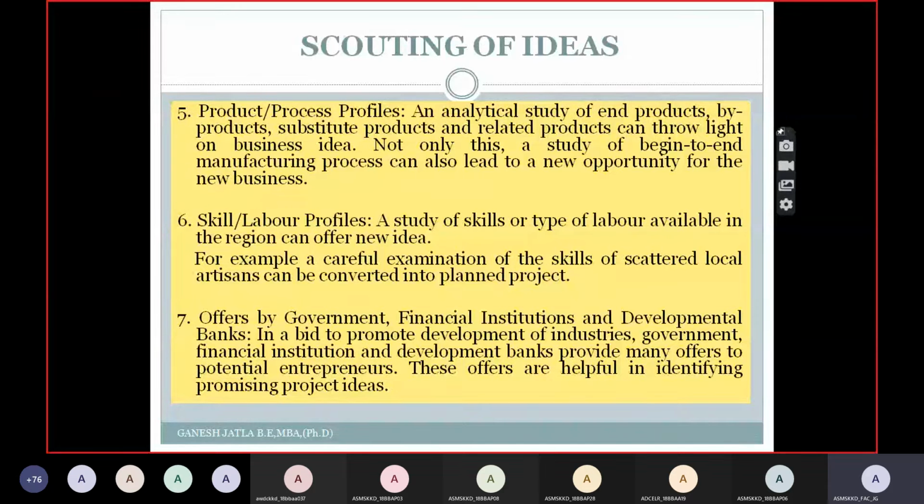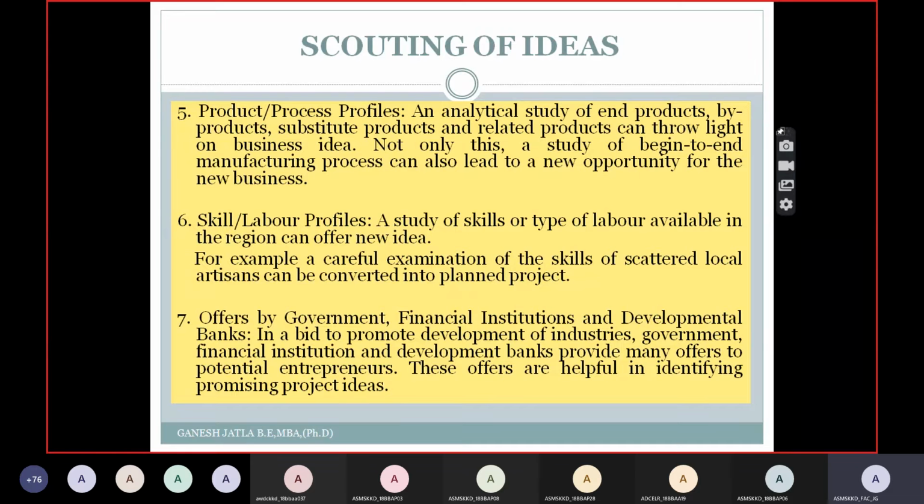And next one is from skill or labor profiles. Generally in some areas, you have good skilled workers, but they don't know how to marketize their products. They are producing good products, but they don't know how to market them. Then you take them, purchase the products from them, and sell them in the market